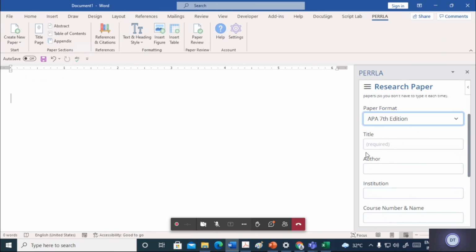formats, APA. Okay, let us say title, I am saying image processing, author.